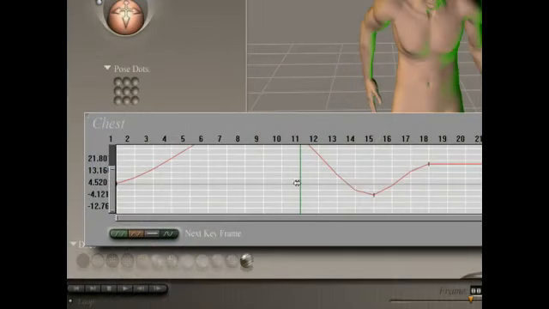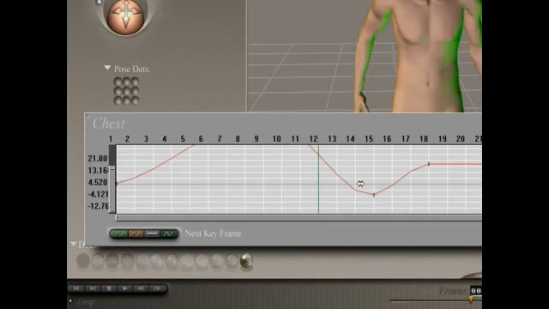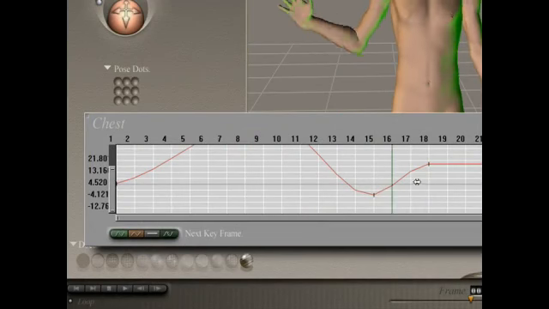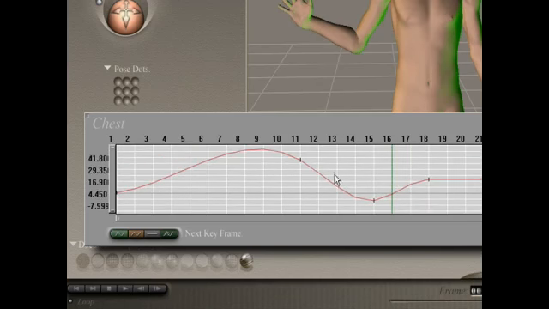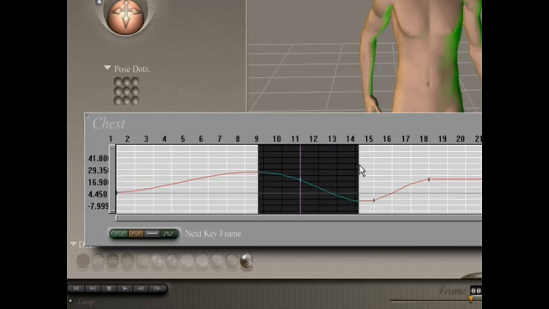So we have a very weird bend right there, maybe too far, but if I'm working with just the dials, I don't see that. I won't really see the extent of that deformation until I go to the graph window, and then I can just pull the keyframe back down to where I need it to be, or I can select the keyframe by dragging